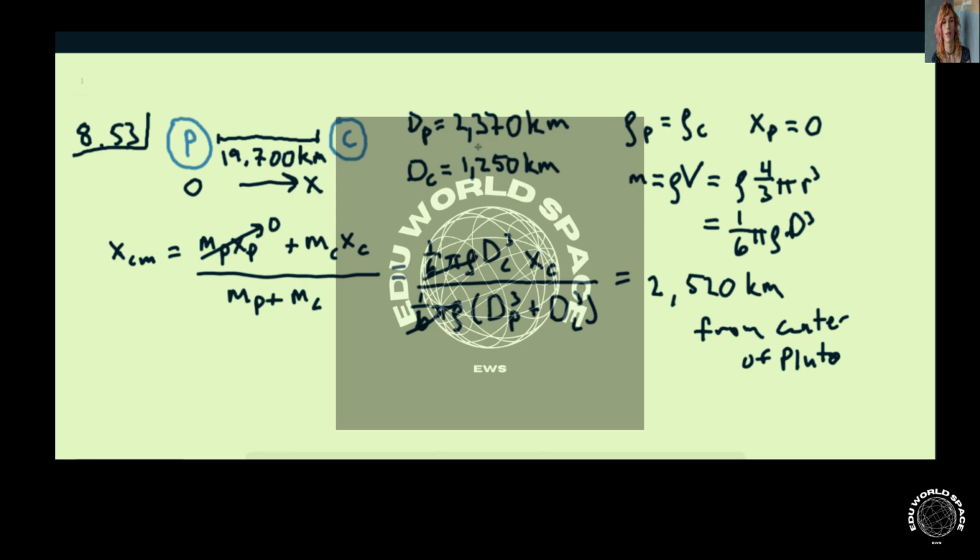And now you can see that the center of mass of the Pluto-Charon system is actually outside of Pluto, because this is 2,370 and this is 2,520. So Charon is actually large enough in comparison to Pluto that the center of mass is somewhere out here. And this is the fact that Charon is not entirely comparable to Pluto, but it's a fairly major sized thing compared to Pluto, is part of why